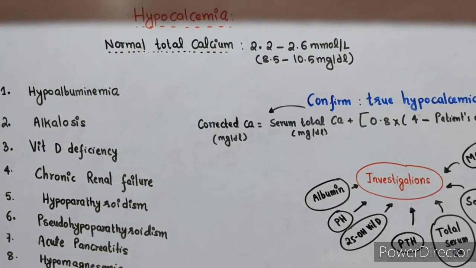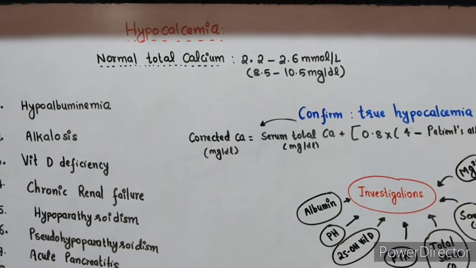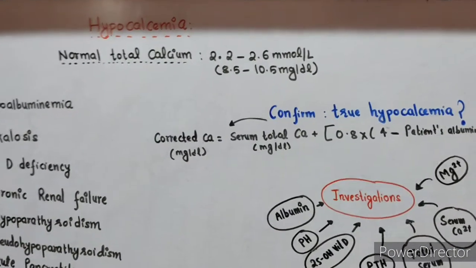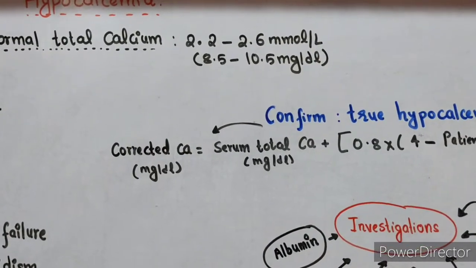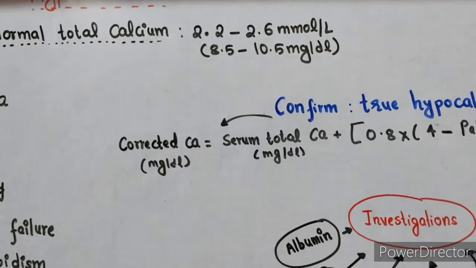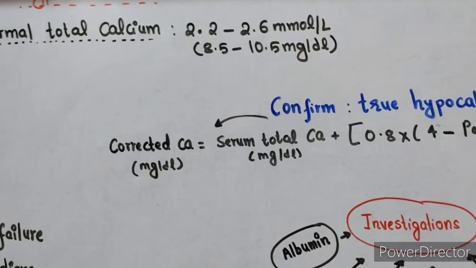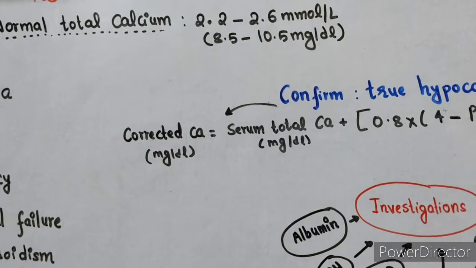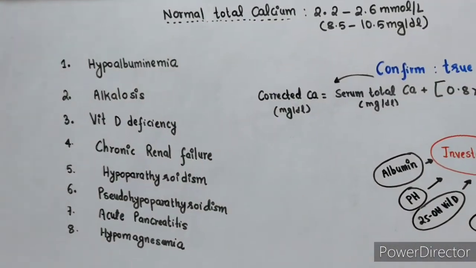Let's first define what is hypocalcemia. Normal total calcium level in blood is 2.2 to 2.6 millimole per liter or 8.5 to 10.5 milligram per deciliter. If total calcium in blood is less than 8.5 milligram per deciliter, then it is a case of hypocalcemia. What causes hypocalcemia? These are the causes listed: